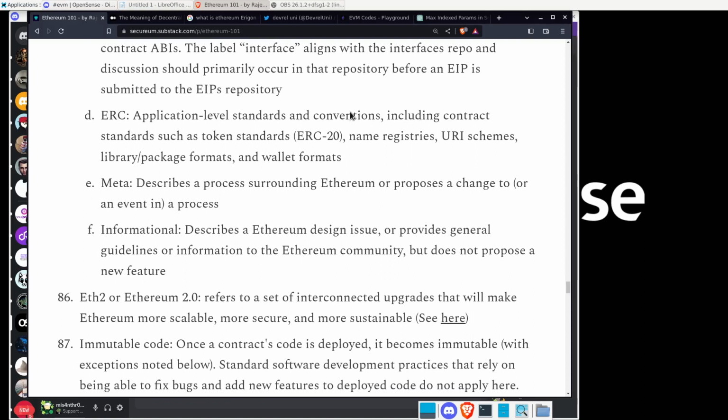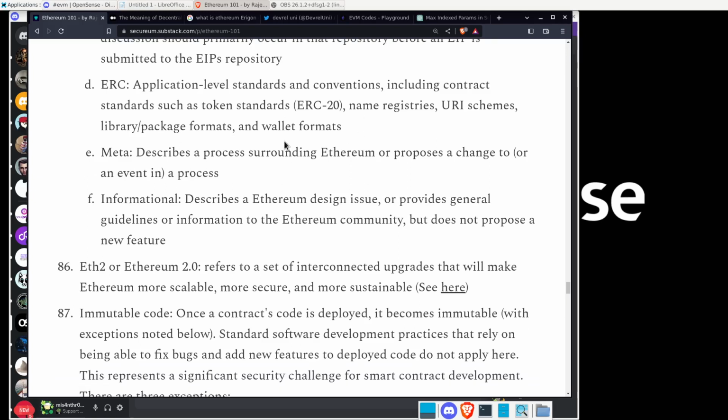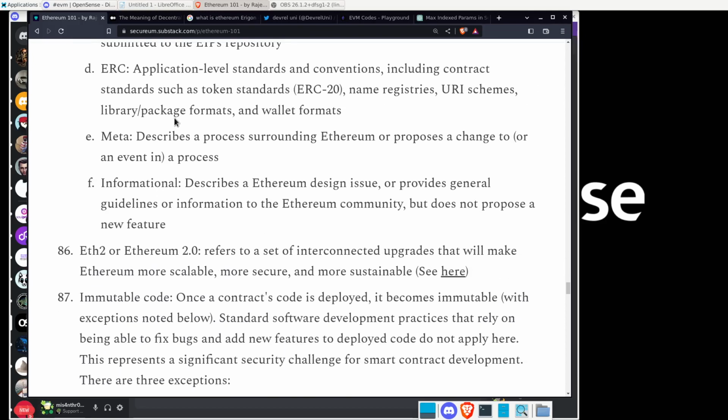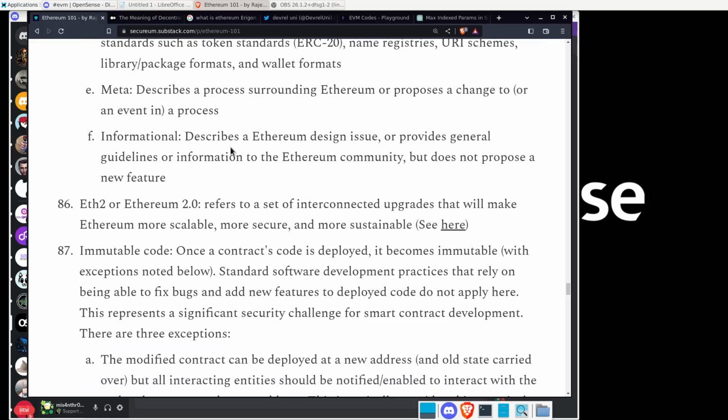ERC: application level standards and conventions, including contract standards such as the ERC20 token, the ENS name system, and so on. Okay, URI schemes for NFTs. Meta describes the process around Ethereum or proposes a change to a process. Information describes an Ethereum design issue or provides general guidelines or information to the Ethereum community, but does not